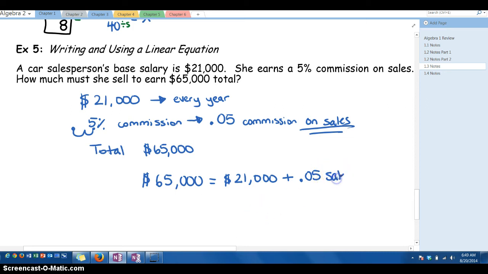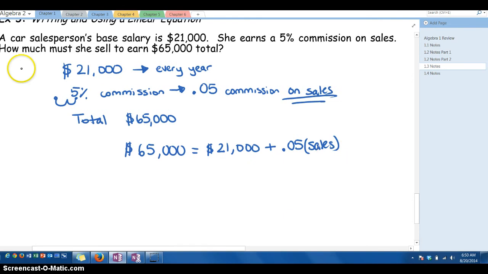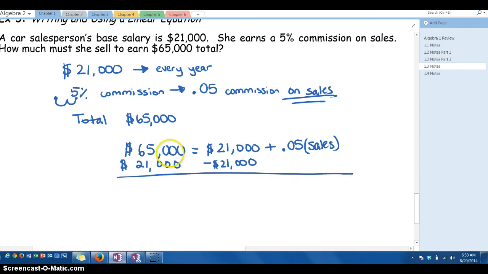This is the sales. Okay, so I'm going to go ahead and just figure out what the sales is, because it asks how much does she sell. That's what we're trying to figure out. So we're going to do simple math. This ends up becoming the equation, and we're solving for sales. So first thing you would do is subtract $21,000 on both sides, because remember we're trying to get sales by itself. Well, 65,000 minus 21,000 is going to be